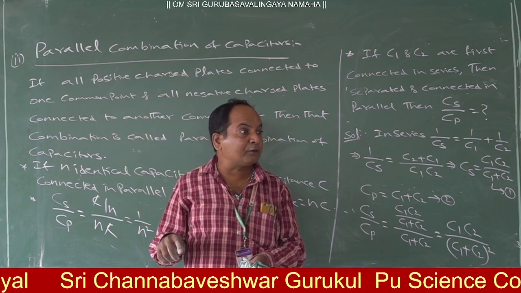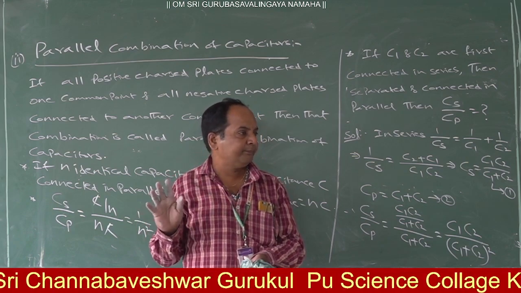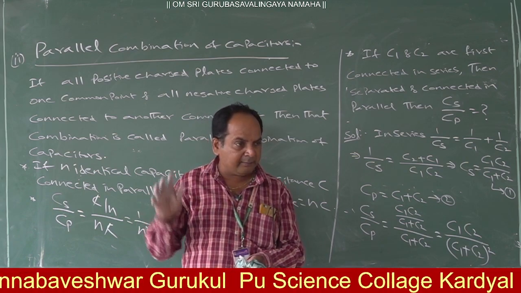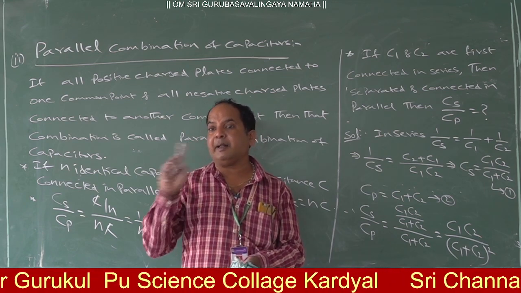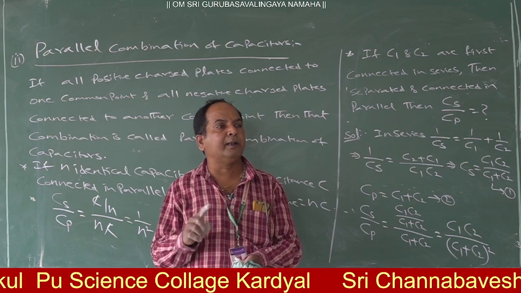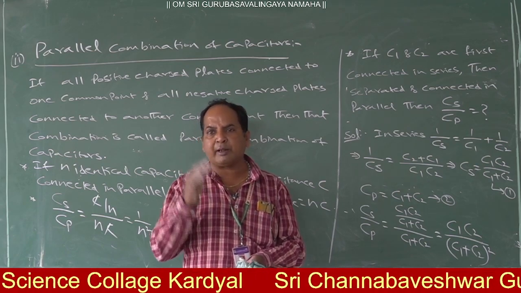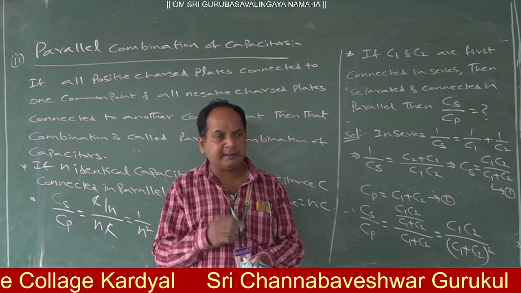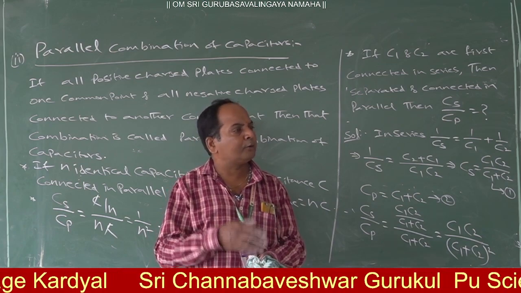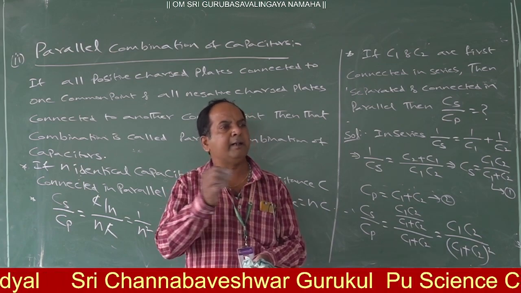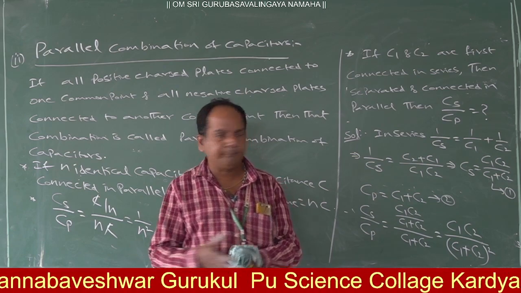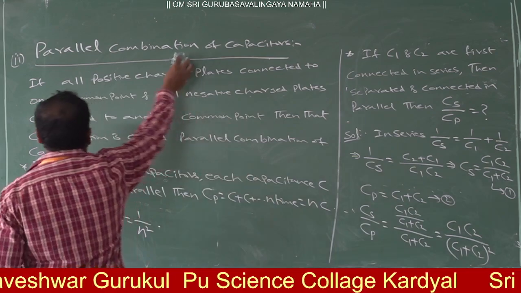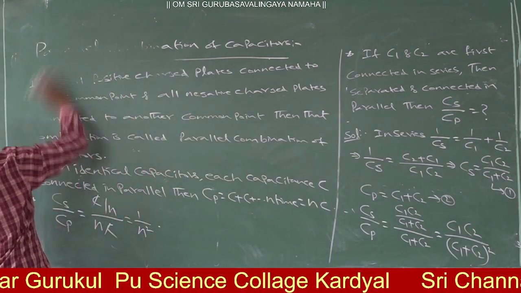In series, the answer should be less than the minimum. In parallel, the answer should be greater than the maximum. Remember these points when you are doing problems. Generally they will give 4 options. By using this, automatically 1 or 2 options should be eliminated. Then in the remaining 2 you can find out the correct one. That is about series combination and